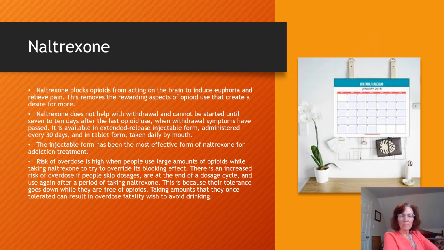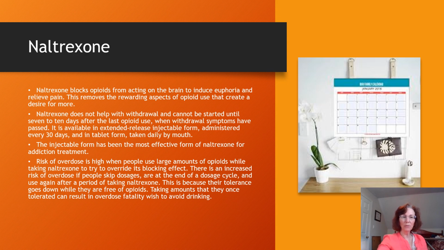Now, talking a little bit about what naltrexone is. Naltrexone blocks opioids from acting on the brain to induce euphoria and relieve pain. This removes the rewarding aspects of opioid use that create a desire for more. Naltrexone does not help with withdrawal and cannot be started until 7 to 10 days after last opioid use, when withdrawal symptoms have passed. It is available for extended release injectable forms administered every 30 days, or in tablet form